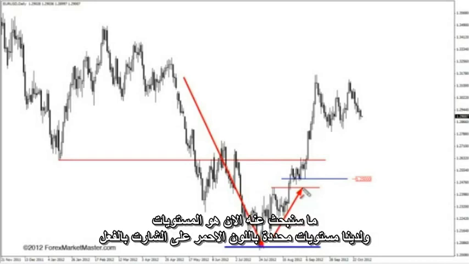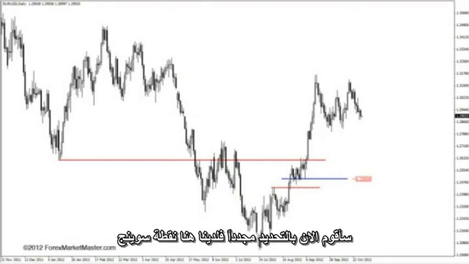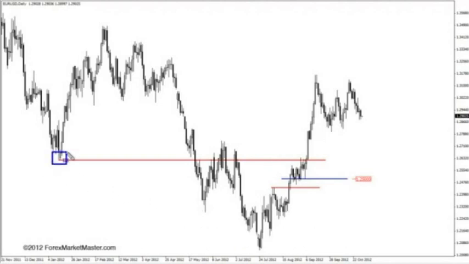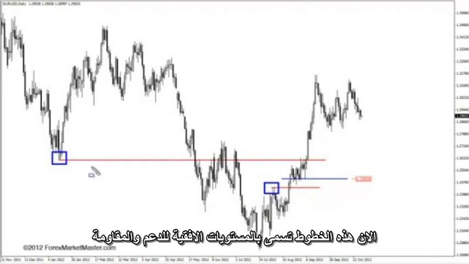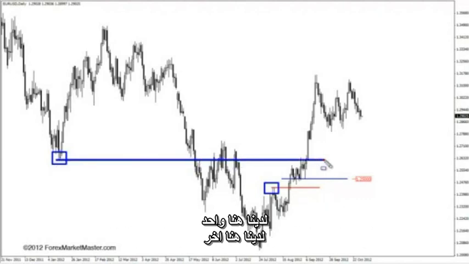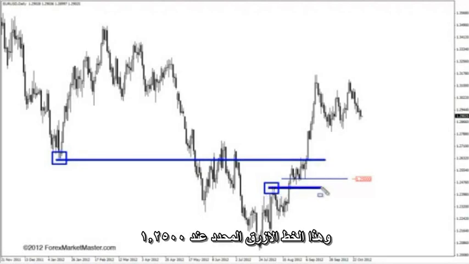So the next thing we're going to need to look for is levels, and I have a couple of levels marked in red on the chart already. So I'll just go ahead and mark these again. We have a swing point here, and we have a double top swing point here. Now these lines, these are called horizontal support and resistance lines. We have one here, we have another here, and this blue line we marked at the